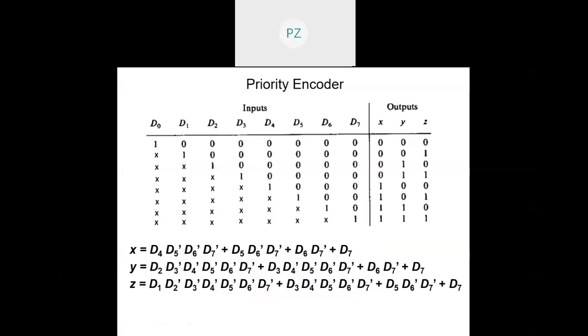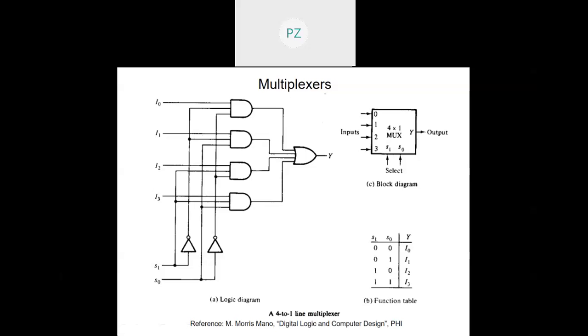Let me now move on to multiplexers. So just let me remind you very quickly that demultiplexers were a combinational circuit in which you have one input and several outputs. So a demultiplexer directs that single input to one of the n outputs, depending on the status at the select lines, right? That is what a demultiplexer was, as we have explained in the previous lecture.